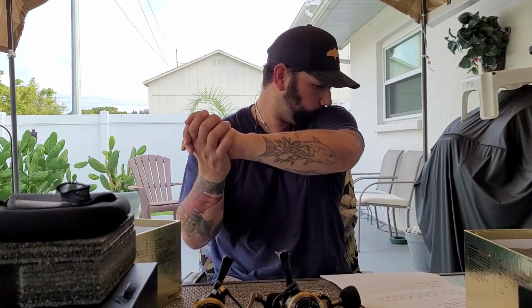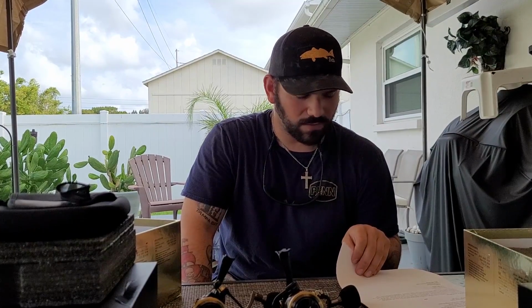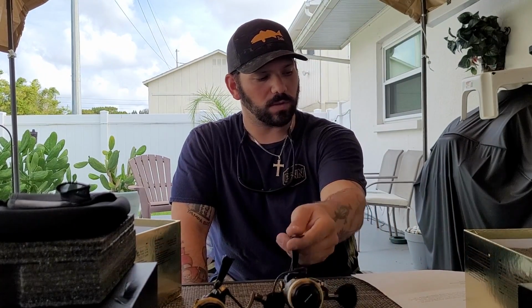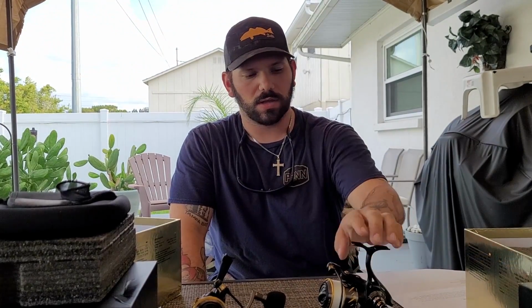Oh, I'm sure you guys want to know the price of these bad boys. Now, I did say that these are going to be in between the Slammer and the Torque. So if you know the Slammer and the Torque price ranges, you're going to get an idea of where I'm going with this. Looking at starting, I'm assuming the 2500 is going to be at that $499 price range, up to $599.95,